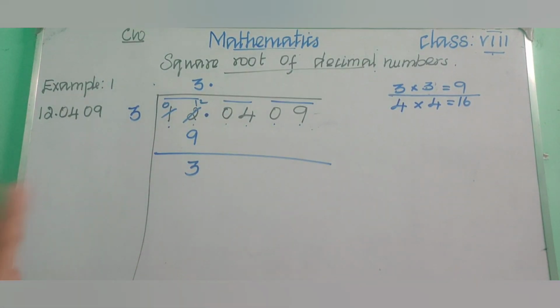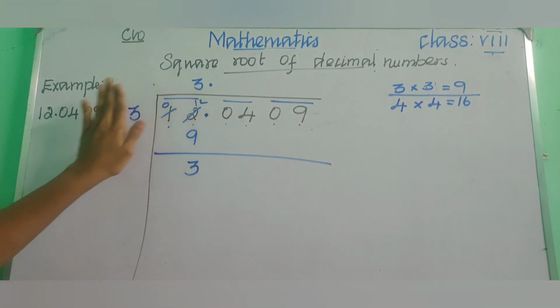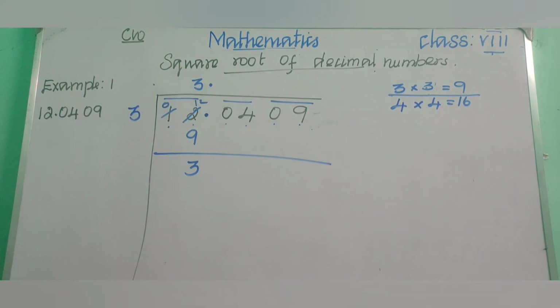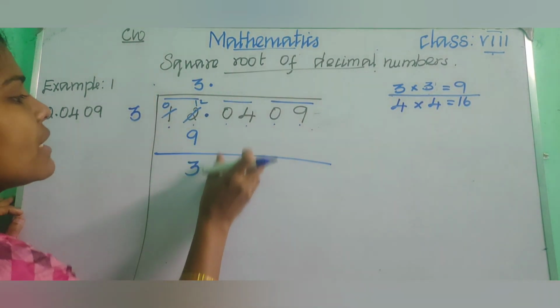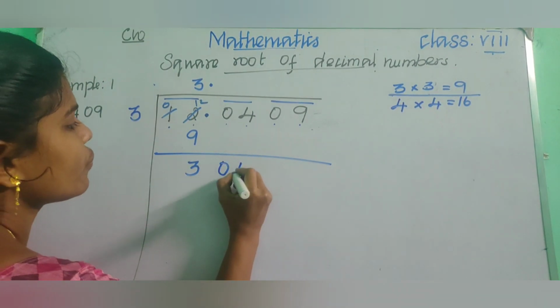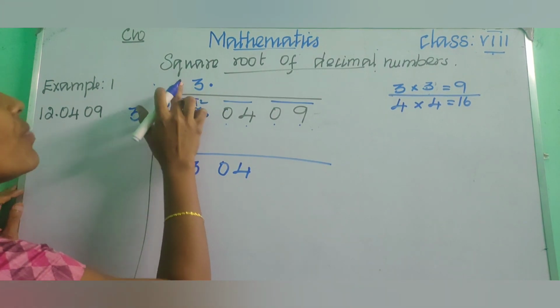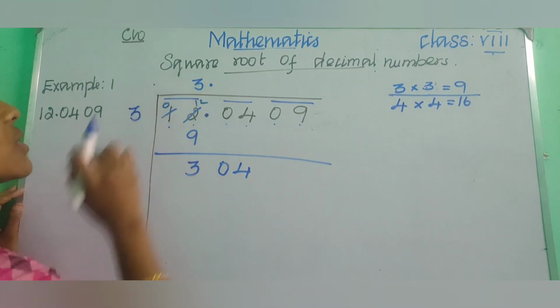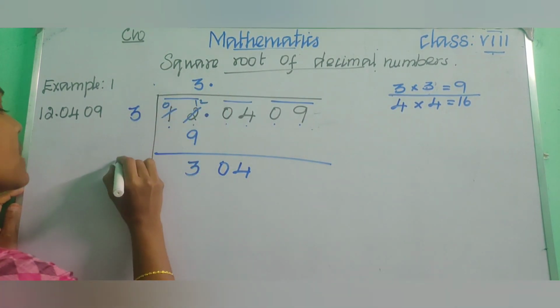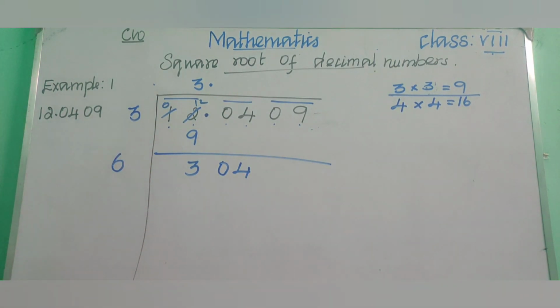Okay, children? We have completely finished the 12's part. So we should not consider this one; we simply keep a point there. Let us continue. Now just bring down these two digits, 0, 4. Now what do we need to do? We need to multiply 2 with this quotient, right? So 3 2s are 6.